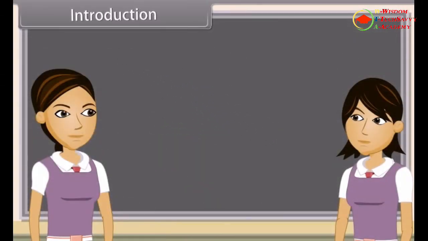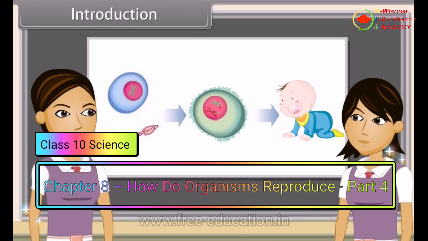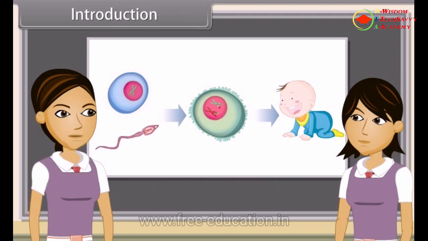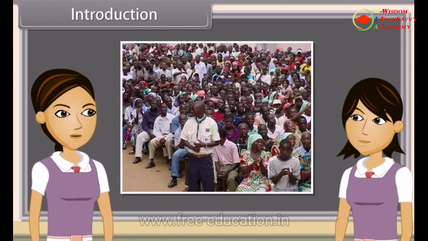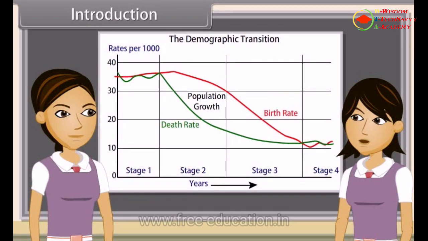Reproduction. As we have already discussed, reproduction is the ability of all organisms to produce young ones similar to themselves in most characters. Yes, and for the process of reproduction, we have to make sexual contact. But if we do this without any protection, then many diseases are spread from an infected partner. Due to rapid growth in population, we observe population explosion. Yes, it is mainly due to rapid decline in death rate and increase in lifespan.